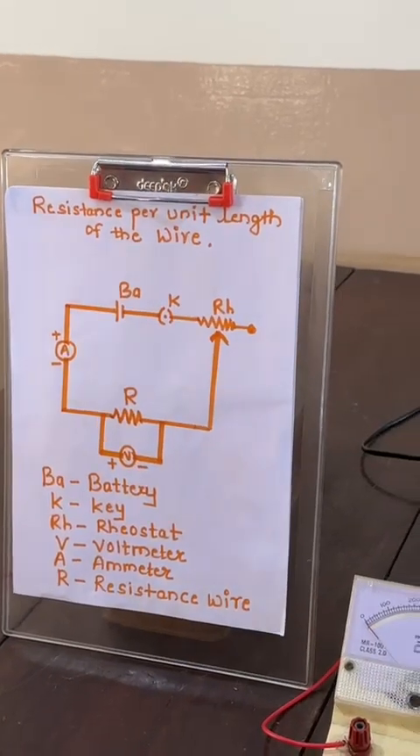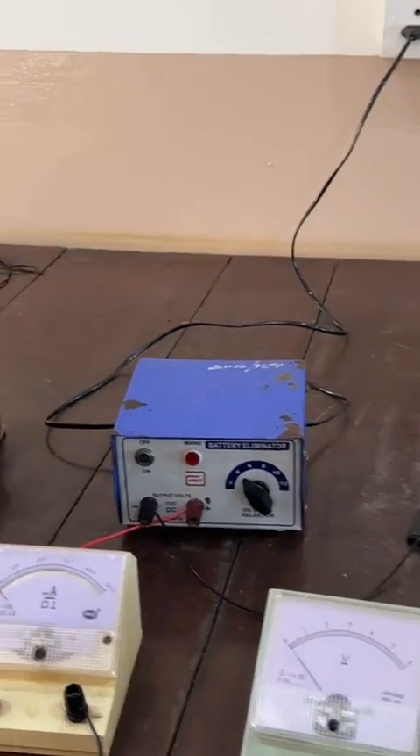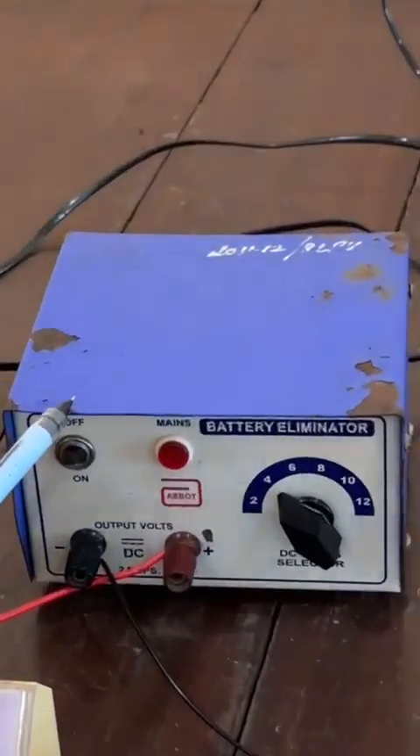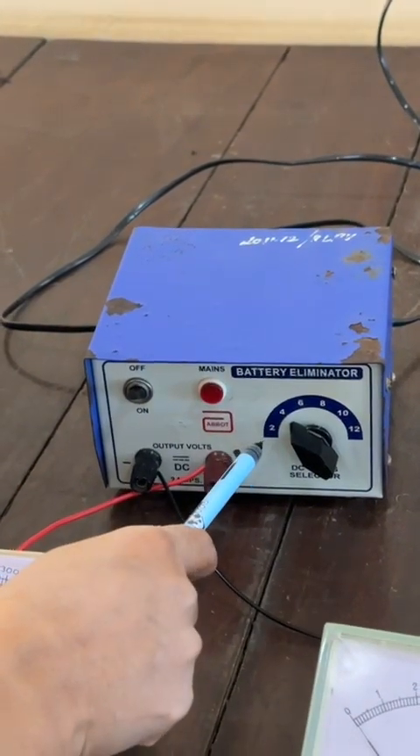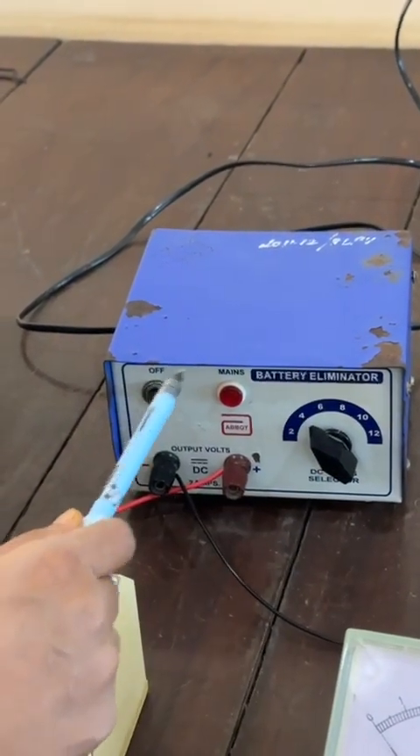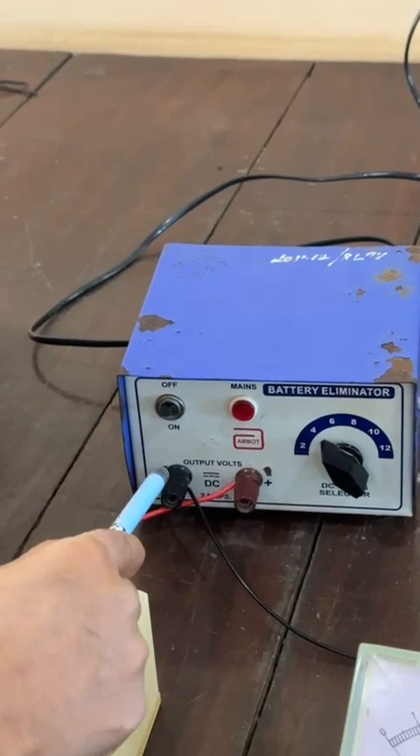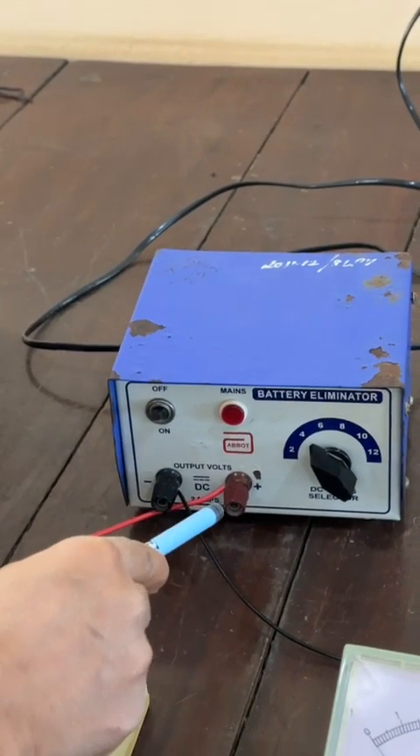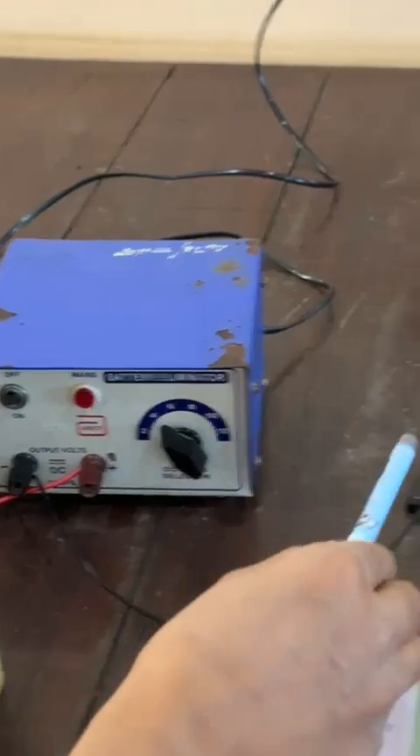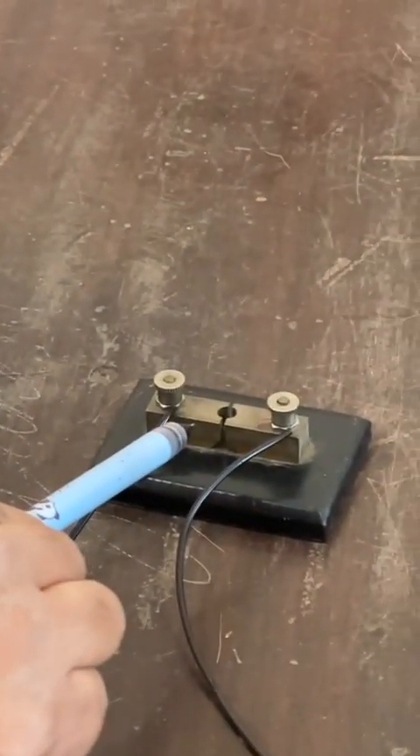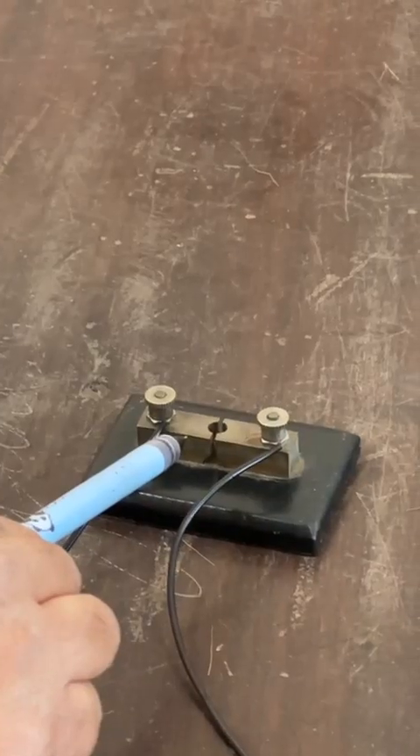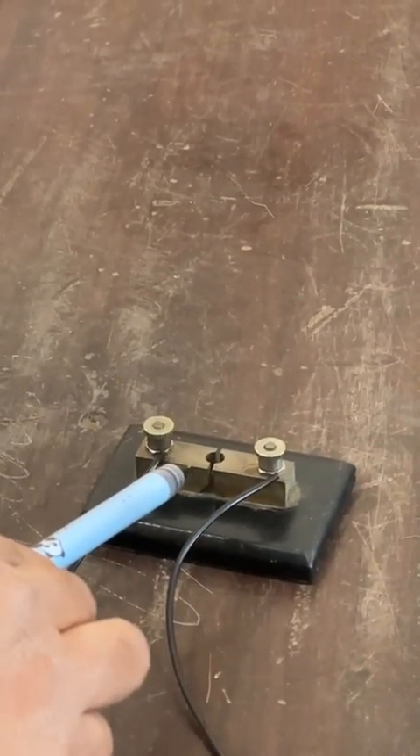So let us see first which are the different devices. We will start with the battery. This is a battery eliminator having a fixed range of 2 to 12 volt. Since it is a DC source, we have a polarity, plus and minus. Then we have the plug key. When the plug key is closed, current will flow through the circuit, and when it is open, current will not flow